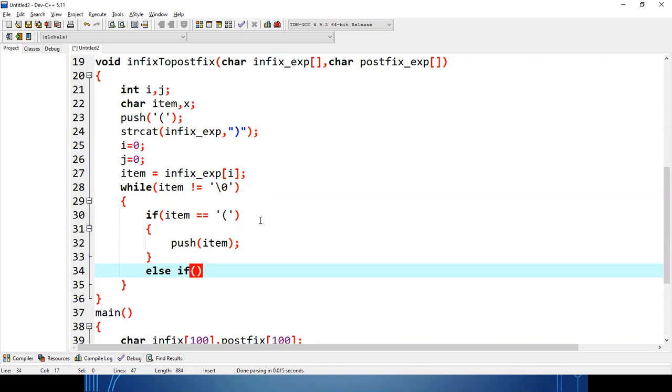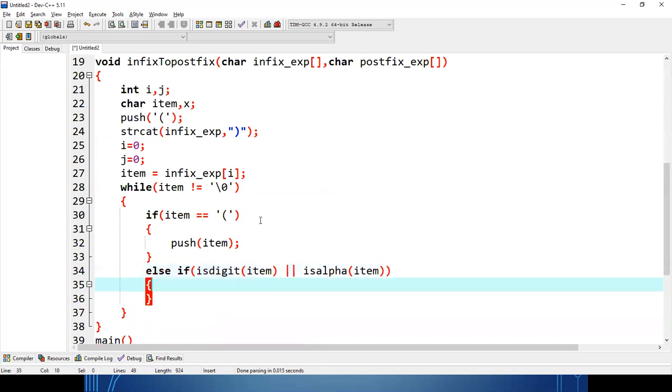After that, if my item is a digit, how do I know that? For that, I'm using a predefined function isdigit, passing the symbol as item. Or isalpha is another predefined function which recognizes a single alphabet.